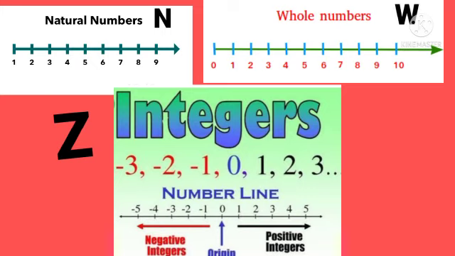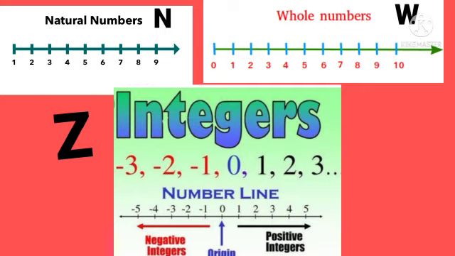What are the numbers which we used to count the objects? Naturally we used 1, 2, 3, 4 and so on. These are the numbers used to count the things. These numbers are called natural numbers. It is denoted by capital N. N is equal to the set of 1, 2, 3, 4 and so on